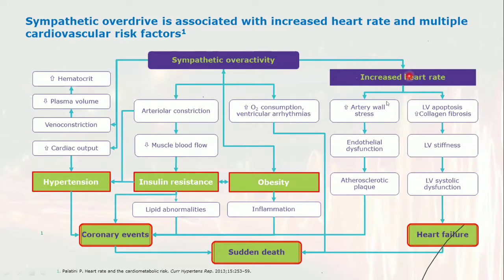That is number one. And that has an effect upon the arterial wall stress, the LV apoptosis, endothelial dysfunction, there's an LV stiffness, and it all results in heart failure. Then there is a combination. If sympathetic overactivity results in hypertension, it also has an effect of creating insulin resistance, and in fact, sympathetic overactivity and obesity interact with each other, and this triad is known as the